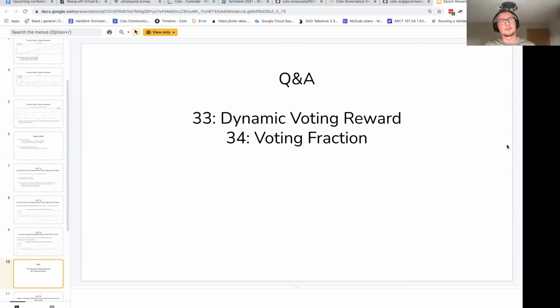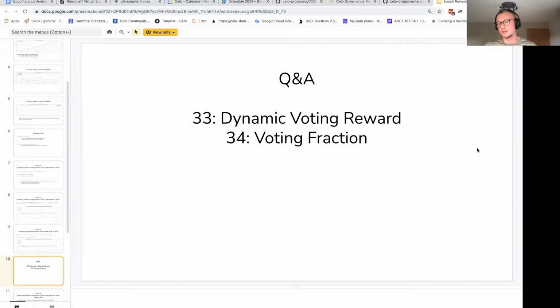Yeah, I guess you're thinking of it right, if I understand it correctly. There's been some analysis of the past year and some projection of the future, but our projections are based on some pretty heavy assumptions of basically constant locked amounts of Celo, because we don't know anything about how the voting fraction will actually behave once the reward rate has started to be adjusted.